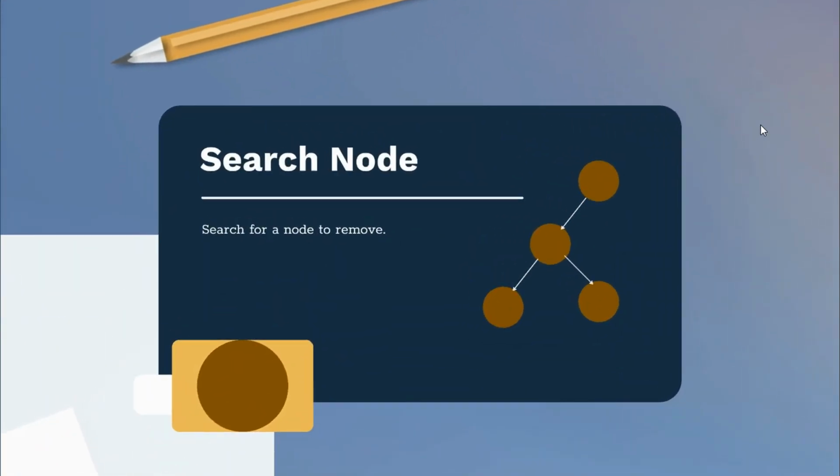Start from the root node and check if the given key is greater than the root node value. Then search in the right subtree of the root node. Else, search in the left subtree of the root node. Search